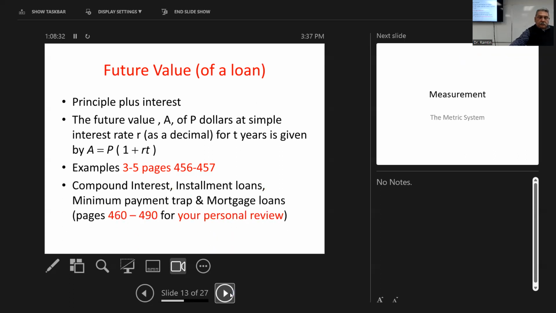Now, compound interest rate, installment loans, minimum payment traps, and mortgage loans. These are very important things to know for your own life. Pages 460 through 490 talk about all these things. That formula for calculating the amount in an account for compound interest paid once a year